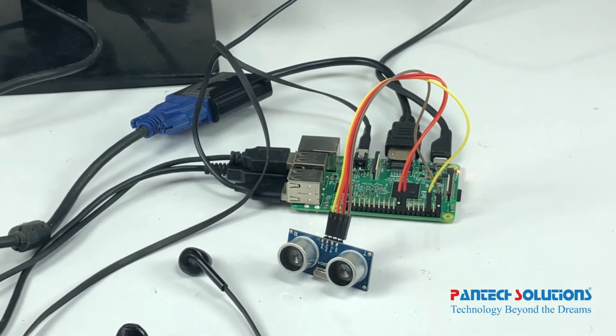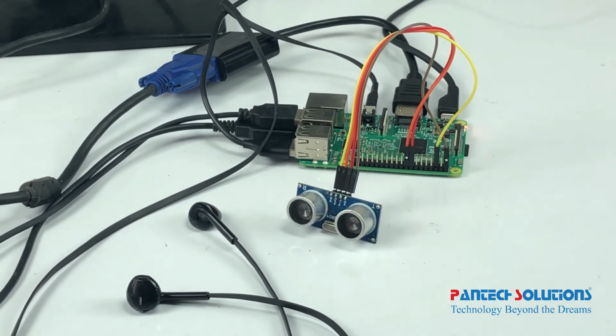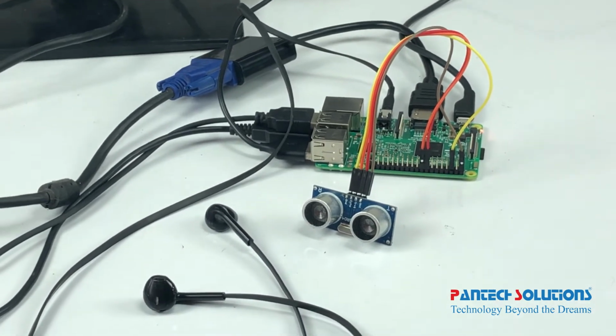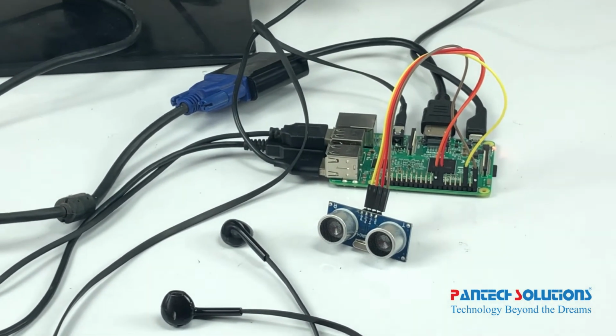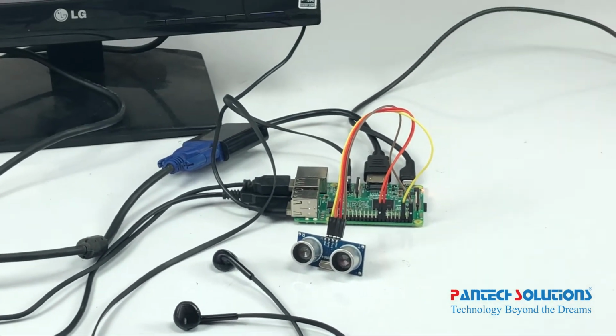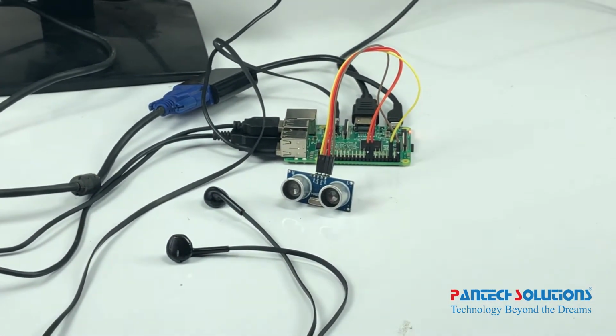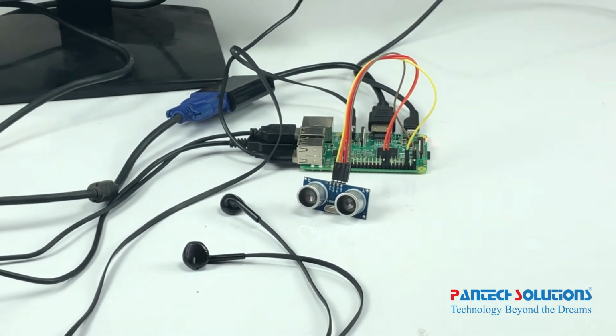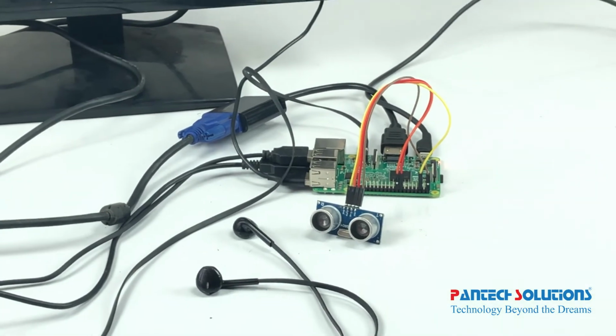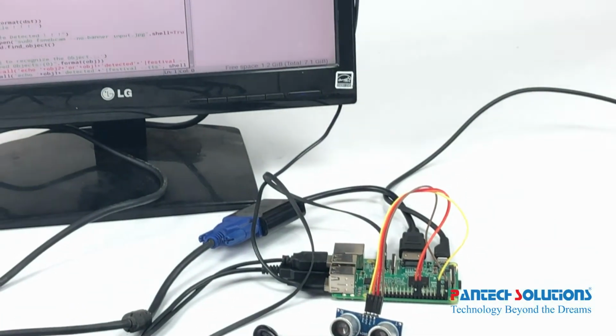If any object is detected, it is recognized and announced as a voice command, and then it goes for face recognition. If there is no face, it will say something like no person, no face is there, you can go, as a voice command. I'm just going to run the code.